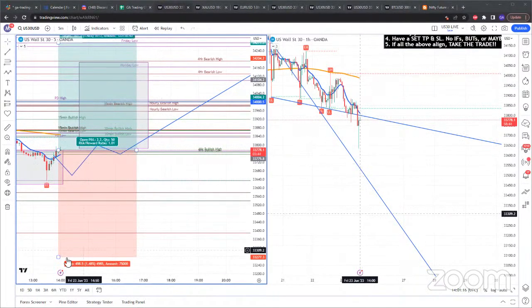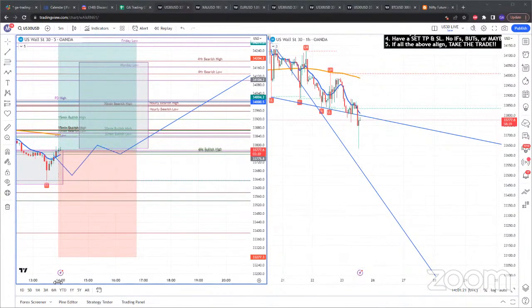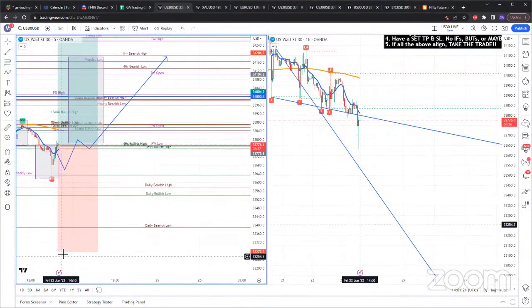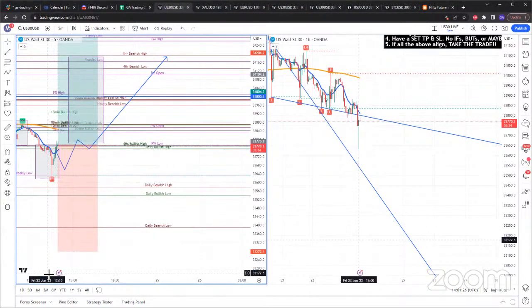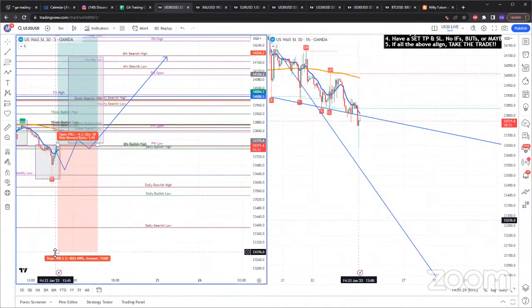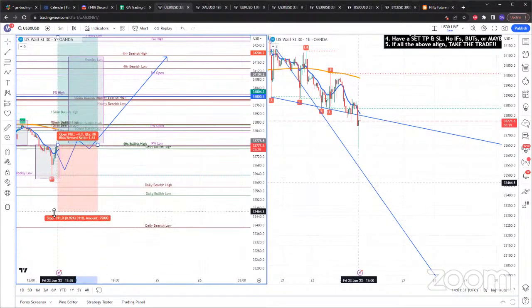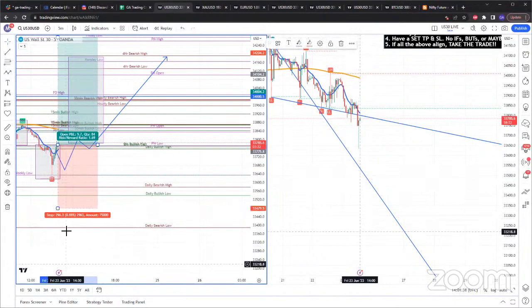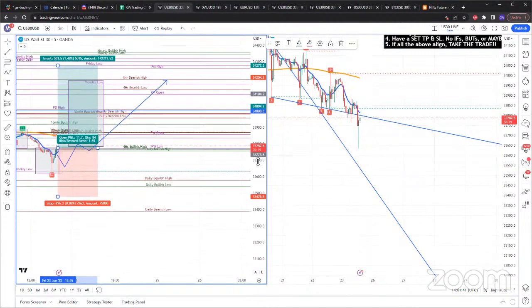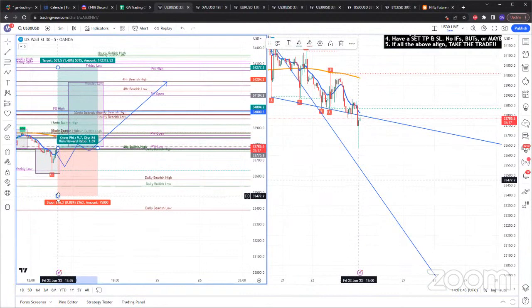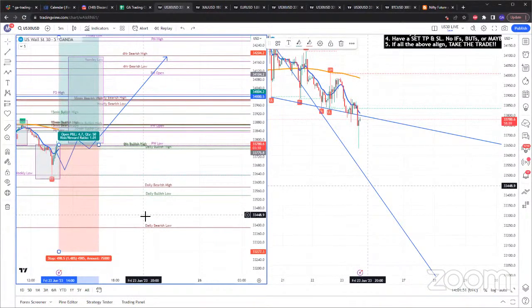Okay. If this stop loss is a bit too far for you, adjust your stop loss to maybe below this daily bullish low. So right now the stop loss is around 33,277. You can adjust it to just below this daily bullish low, so maybe 33,477. That will give you 200 pips back and probably maybe 1:2 risk to reward. But for me, I'll just leave it there.